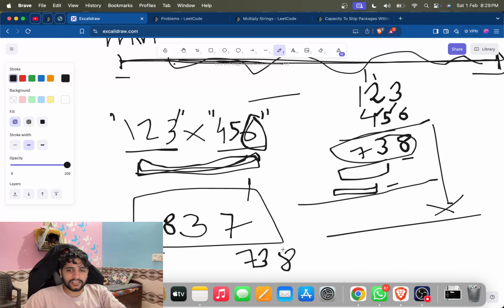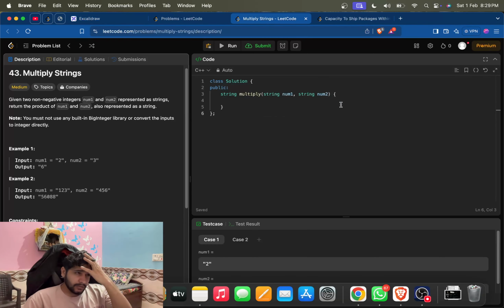Similarly, we'll calculate the second result, and similarly the third result. Now, first result plus 10 times the second result plus 100 times the third result will be our final result. So that's how we are going to do this. So how we can start is, first, a small condition. If any of the numbers or strings is 0, then it's going to return 0. So if num1